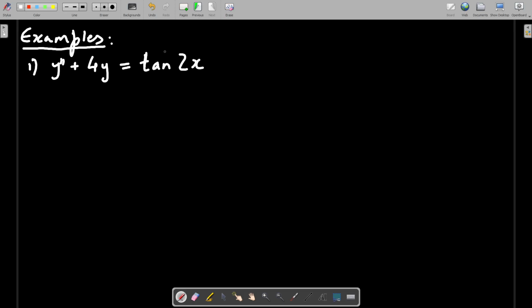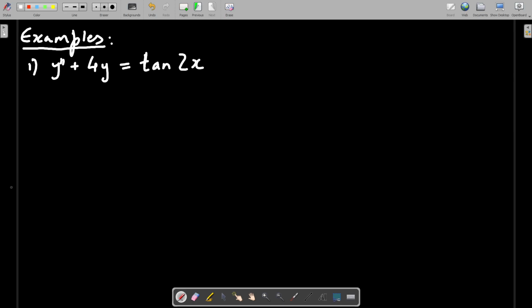Now, we have already studied one method for such equations, the method of undetermined coefficients. But our RHS here is tan 2x. Did I give you any way to deal with this in the method of undetermined coefficients? No, right? There we learned to deal only with sin x, cos x and combinations of them. So if you get tan x, you cannot solve it by that method. Keep in mind that certain methods don't work on certain problems, so we have to do it using this method.